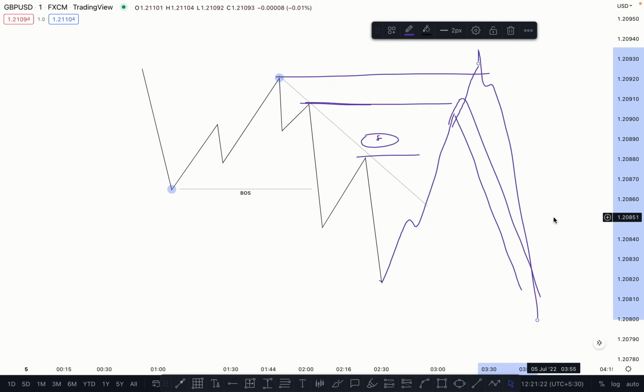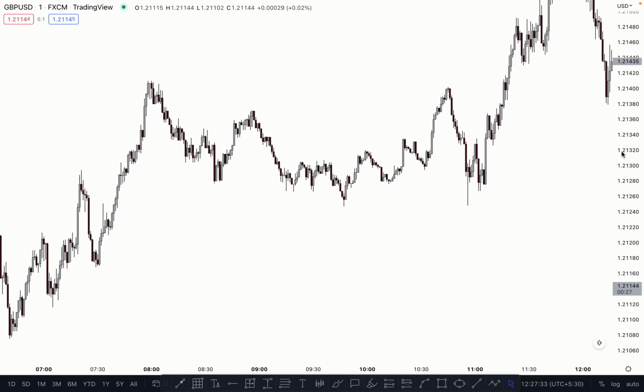I don't believe in giving you an unnecessary lecture of 12 hours, 13 hours. I believe in giving you quality content which you actually need to know, right? So let me show you some brief examples of how retailers and smart money traders trap, and how we can be different from others. Starting with support and resistance type of liquidity, because support and resistance is the most used